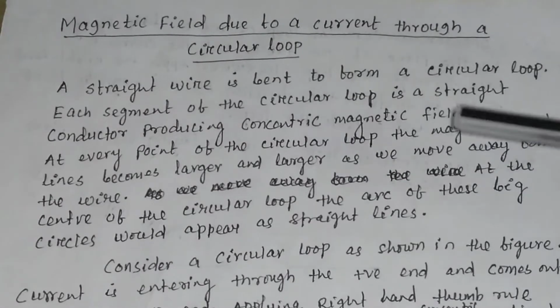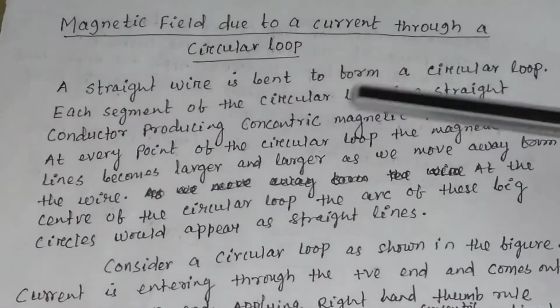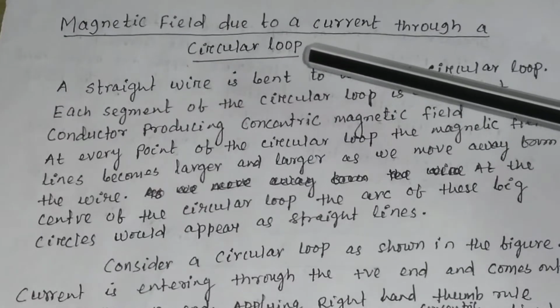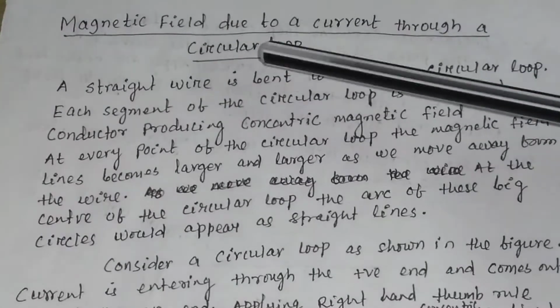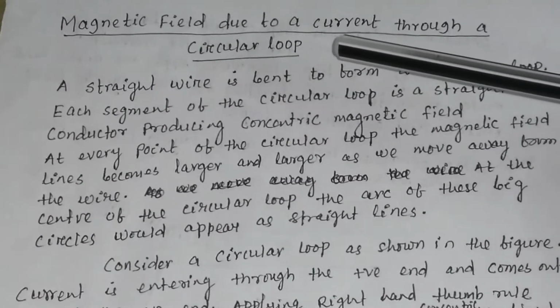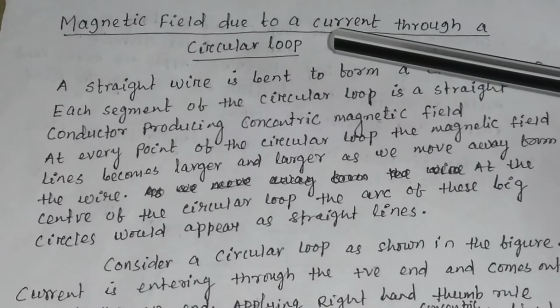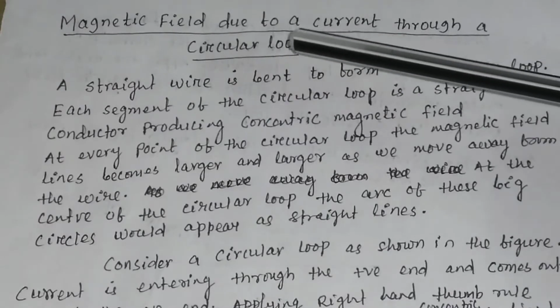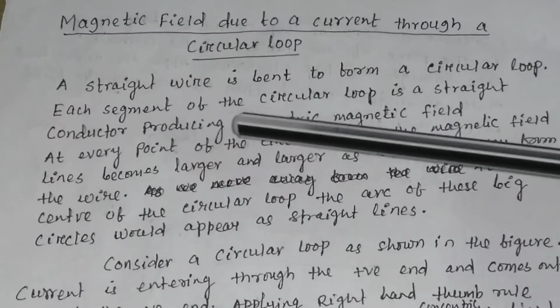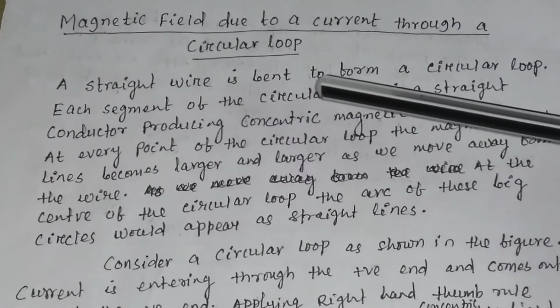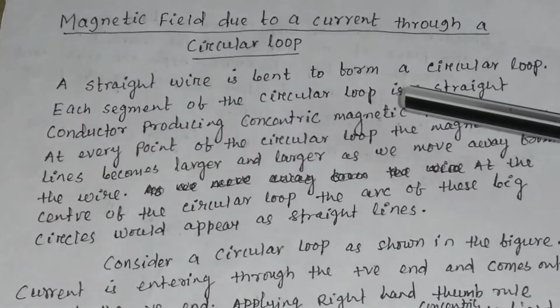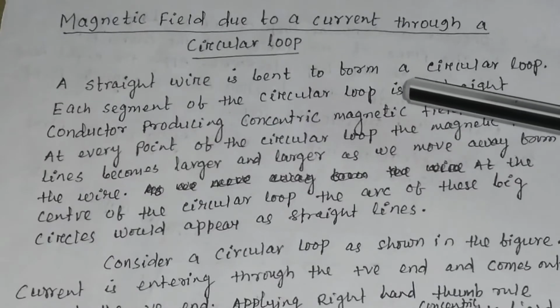Magnetic field due to a current through a circular loop. So today we will discuss how magnetic field is produced by a current when it flows through a circular loop. A straight wire, when it is bent in the form of a circular loop,